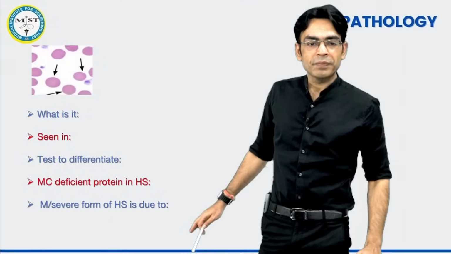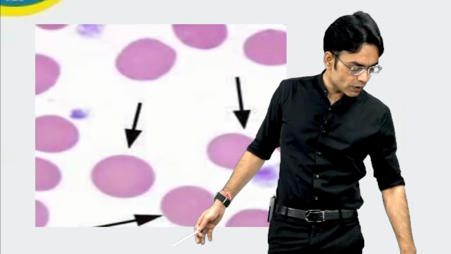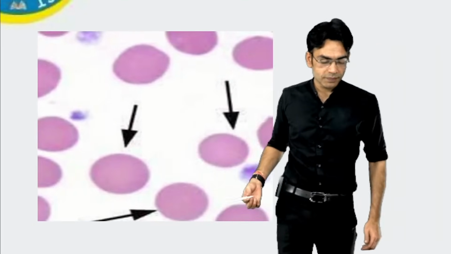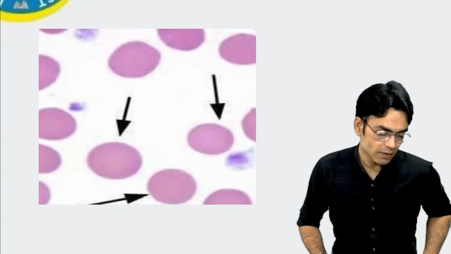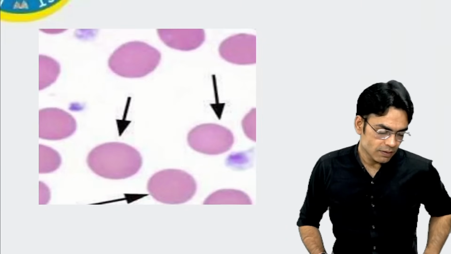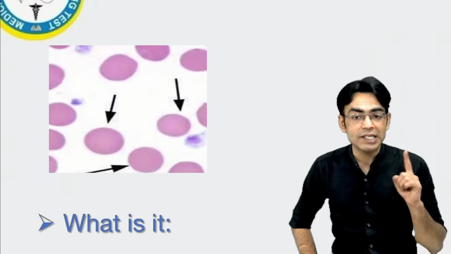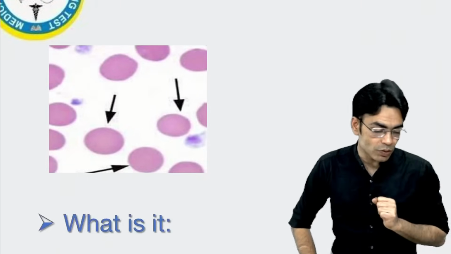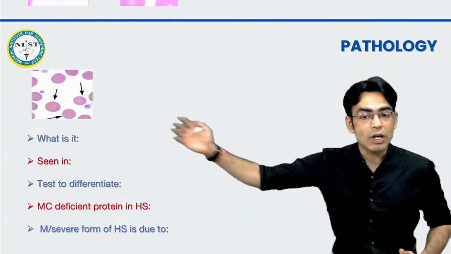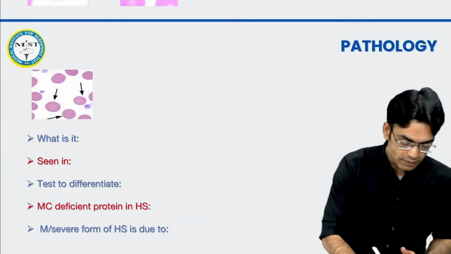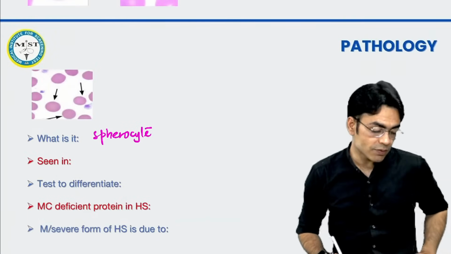ठीक है, चलो ये बताओ बेटा, विच काइंड ऑफ आरबीसी यू आर सीइंग देयर? बताओ जल्दी से, विच काइंड ऑफ आरबीसी इज दिस? कैसी आरबीसी है ये? बेटा स्मृति, दिस इज नॉट बेसोफिलिक स्टिपलिंग नहीं था वो, हाइपर सेगमेंटेड न्यूट्रोफिल वाज देयर. यस एलन, यू आर राइट, इट्स अ स्फीरोसाइट. सो इफ यू आर गेटिंग अ स्फीरोसाइट, it is seen in where? Where do you see this spherocyte?